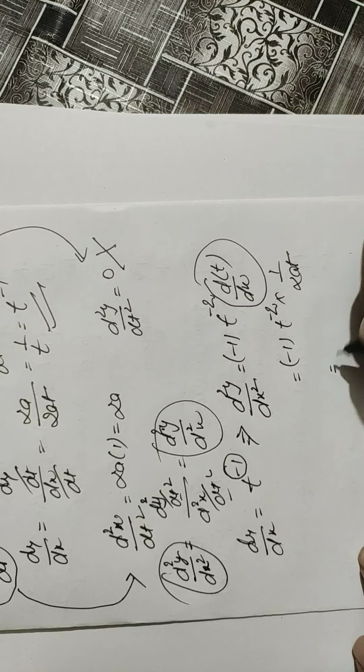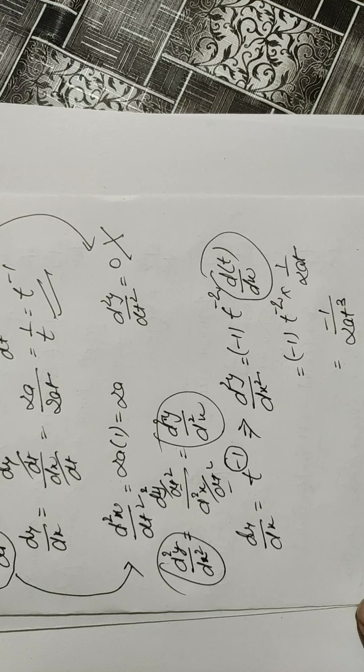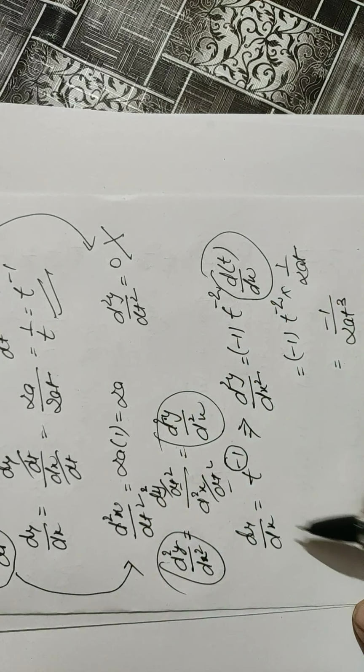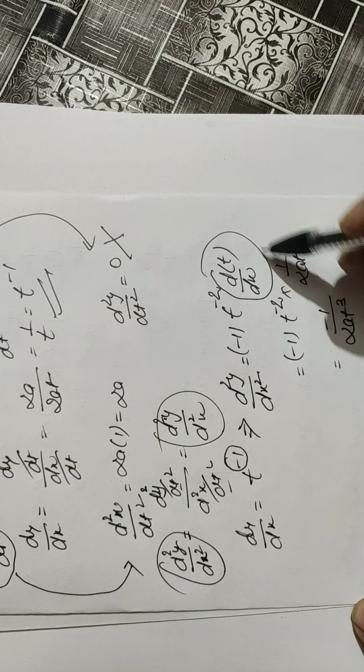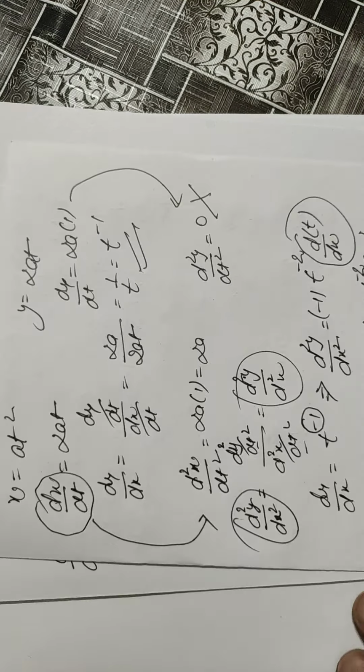When we simplify, we get overall this one. This is our final answer. So keep in mind, when we are applying second order differentiation in parametric form, first of all we have to calculate the first differentiation, then we have to reach up to second order. When we are taking differentiation in second order, keep in mind this step is necessary. We cannot skip it. Now we are going to discuss another example on this.